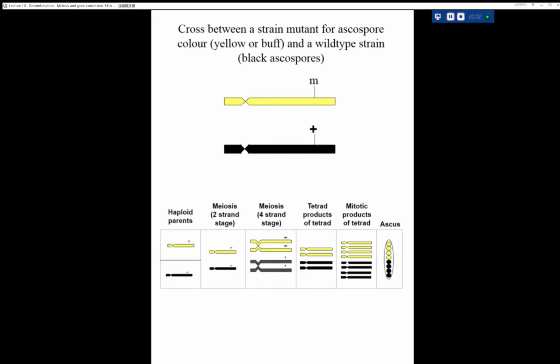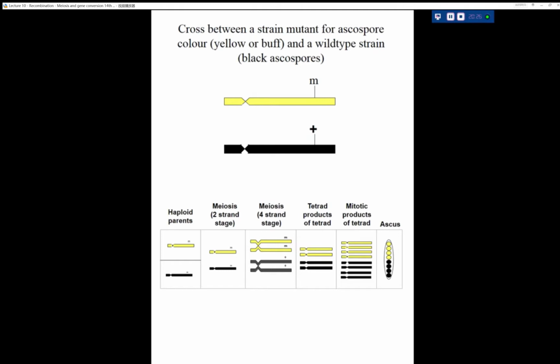So here are the haploid parents. They go through the process of meiosis, so the DNA is replicated. You get this 4-strand stage, and you get the tetrad produced. So you've got the arrangement here. Remember, this organism has an extra mitosis, so these effectively double up then. And this is the arrangement you get